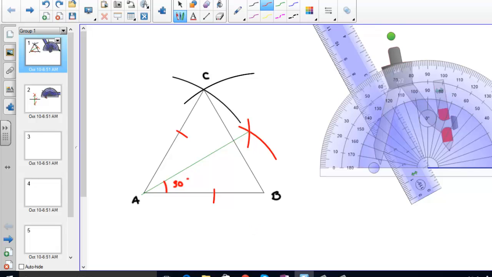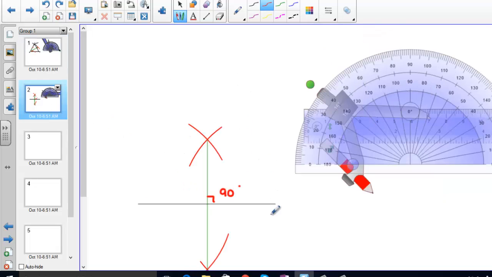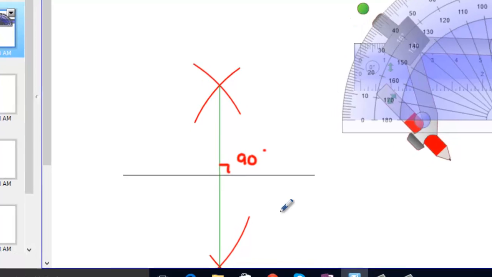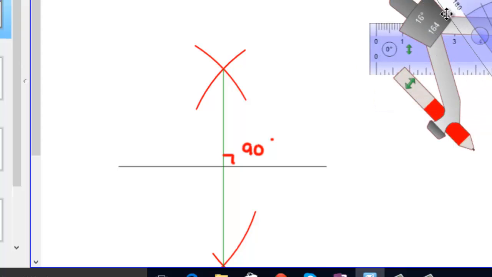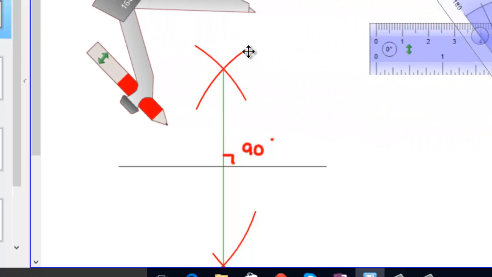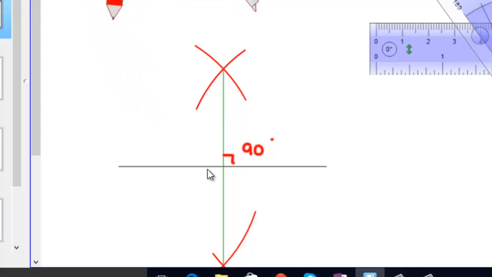I go back to my question. I need a 45 degree angle. I know 45 degrees is half of 90. If I have the tools to draw a 90 degree angle from the previous lesson, I can bisect the 90 to get 45. So let's use the compass again, and this time I need to bisect 90 degrees. So let's bisect the other side. So I can bring